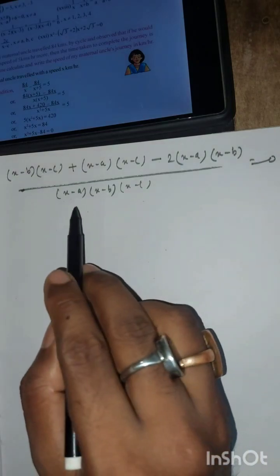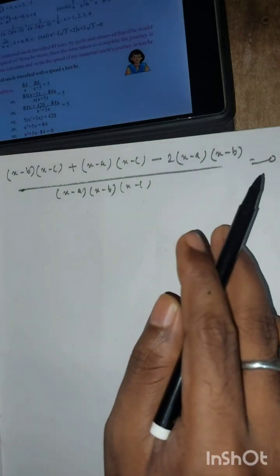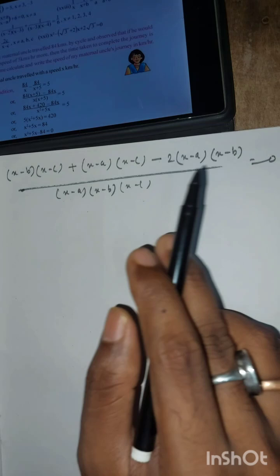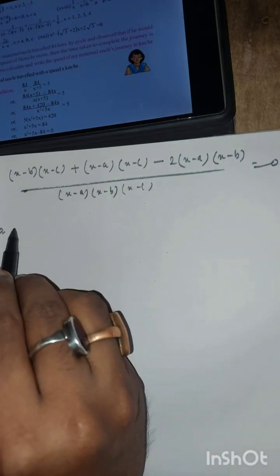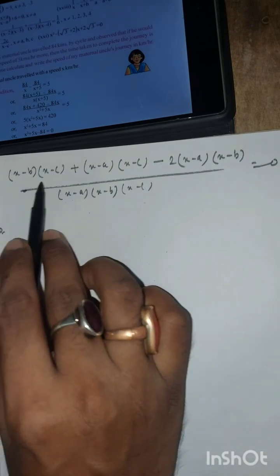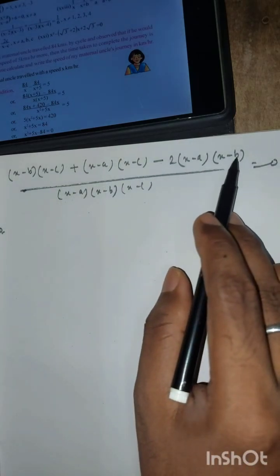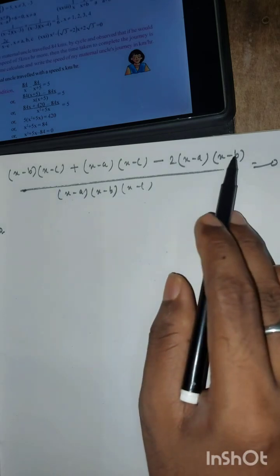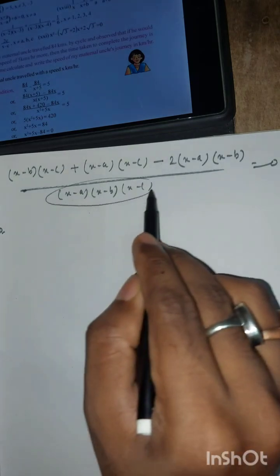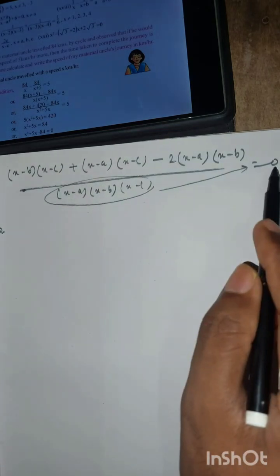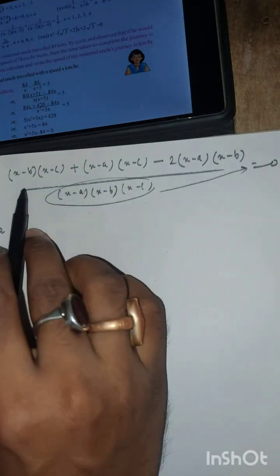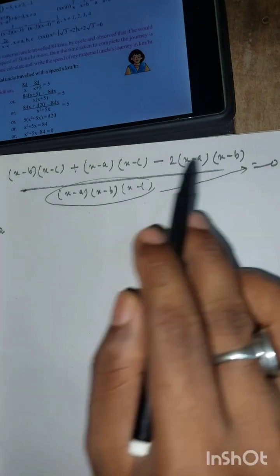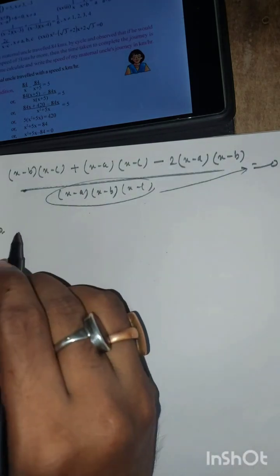Now if we send the denominator to the right side, it becomes 0, or we are just left with the numerator. And when we send this quantity to the right side, it gets multiplied to 0 and becomes 0. So we are only left with this. Now if we simplify it, we get